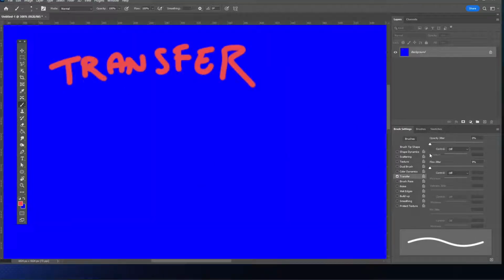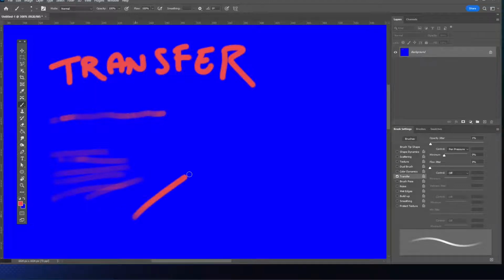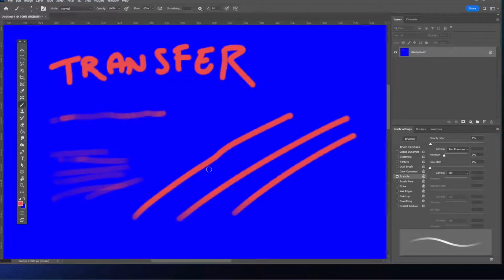So transfer is just like when you're using a pencil, and the harder you press it into the page, the darker the pencil gets. The same is true with transfer. So if you do turn the jitter down and have this fully on pen pressure, then with light pressure you can hardly see it, then heavy pressure, very bright lines. And this is good for shading, so if I'm drawing shadows or something,